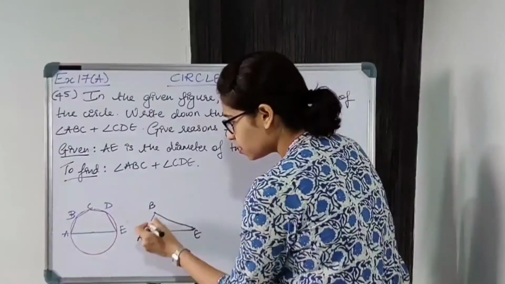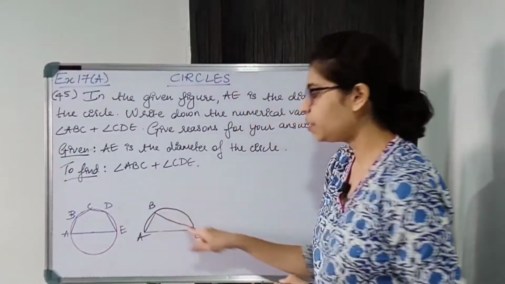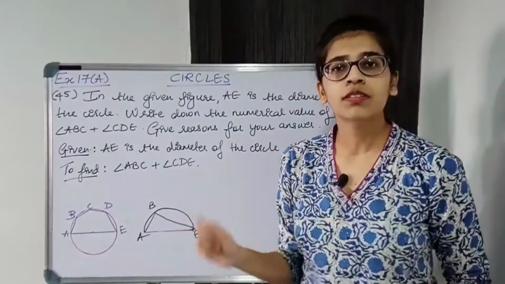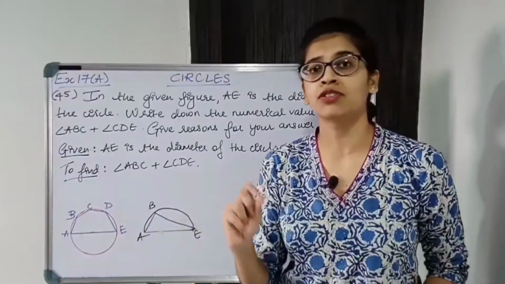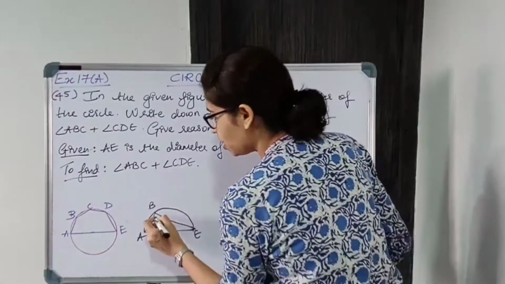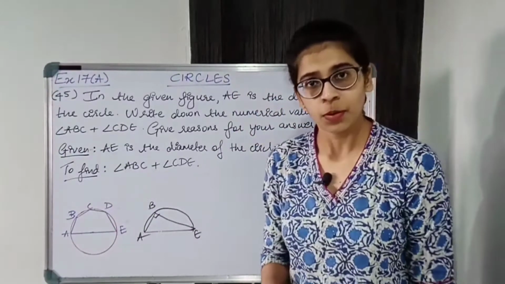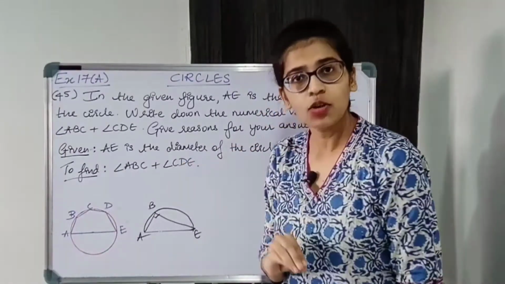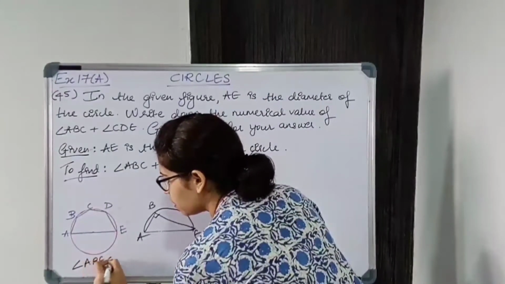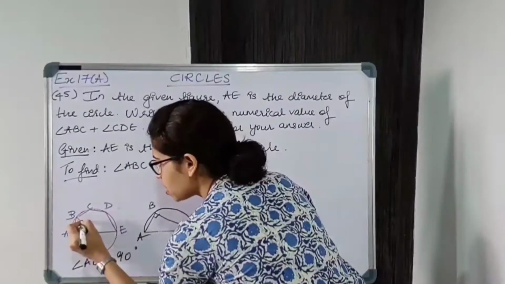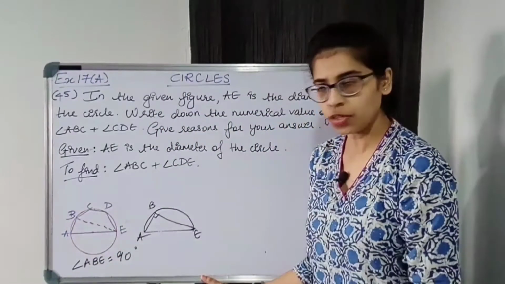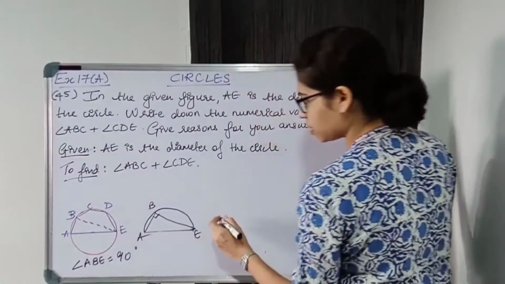So ABE is the angle of a semicircle, that is the angle subtended on the circumference of the circle by the diameter is always a right angle, that is it is 90 degrees. So ABE will be 90 degrees. Okay, so we got some angle's value over here. So let us write down angle ABE is 90 degrees. Now students, I am joining BE over here. You can also join AD. Okay, you can join AD also.